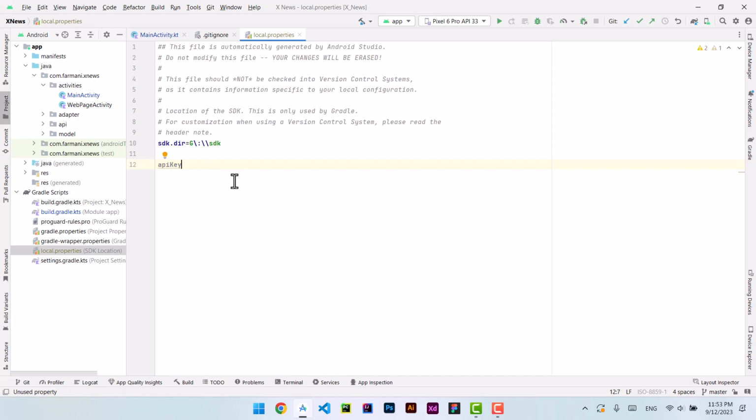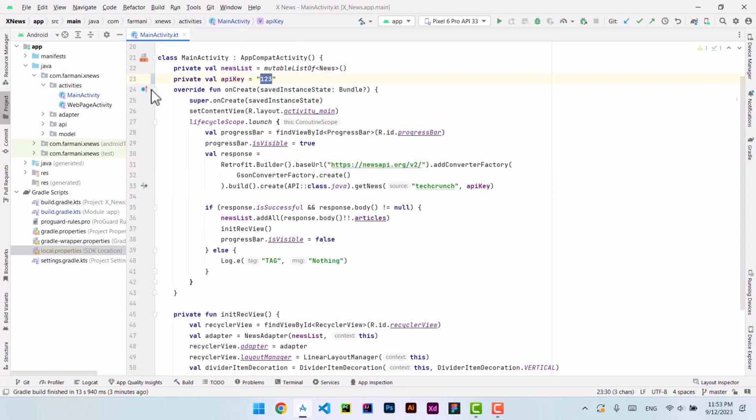I name it API key, without any space, then an equal sign, and then without any quotation or double quotations, I put my API key. As you know, it's not actually a real API key, it's just an example. After this, I need to go to my build.gradle, the module app,